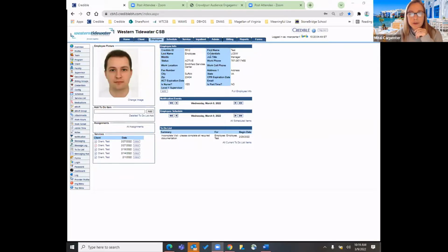There's this field here that's the credentials, which she pointed out, and this says what your current credentials are. When you're looking at it this way, it can get truncated. Some of you have a lot of credentials, so this can only hold so many characters in this field at a time. But it will only show you the ones that are active. So we know